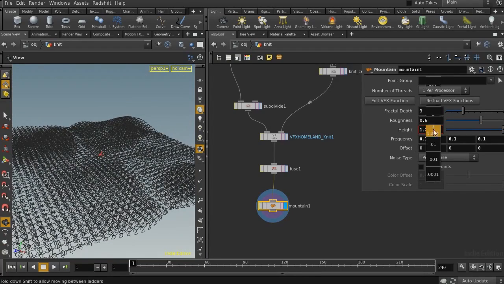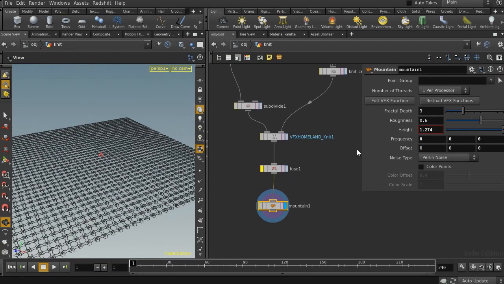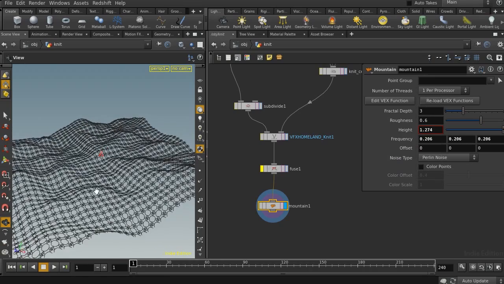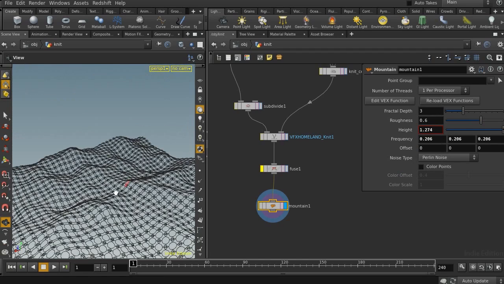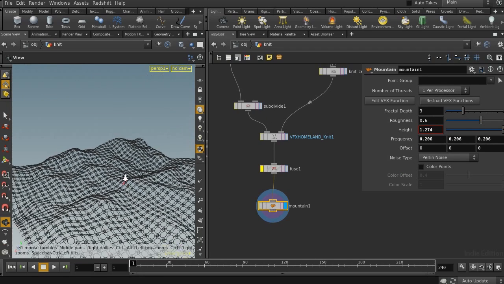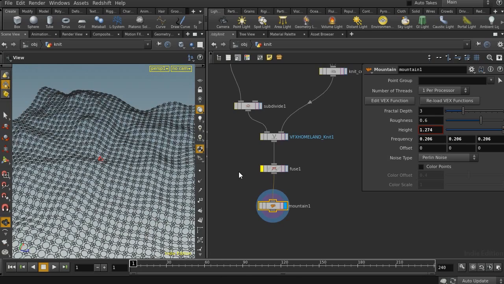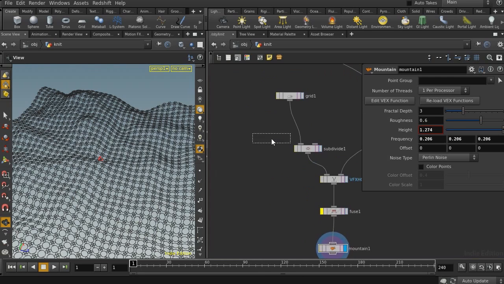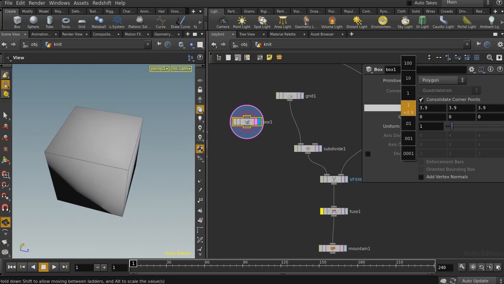As you can see here, in this case I will have better results. Okay, as you can see, the results after using the mountain after the digital asset is much cleaner than before. For the next example, let's try to connect it to a box, and here let me increase the size, and